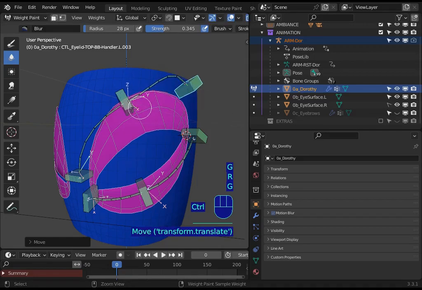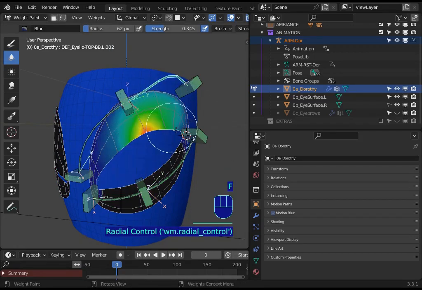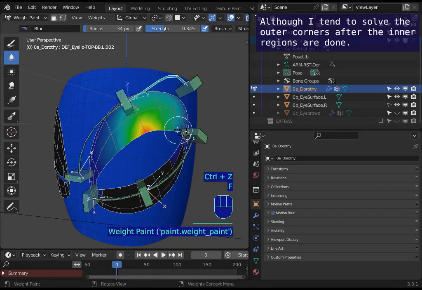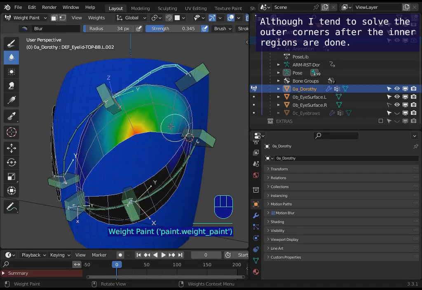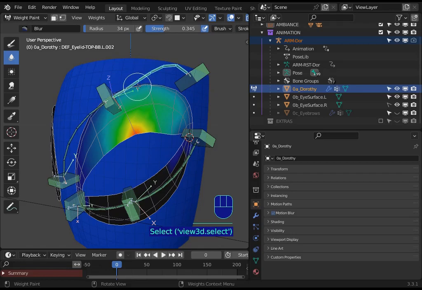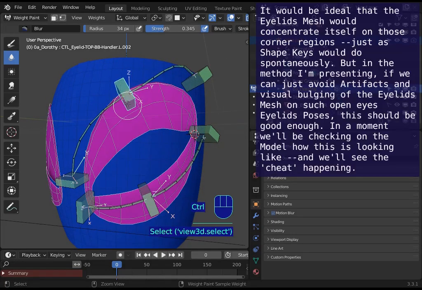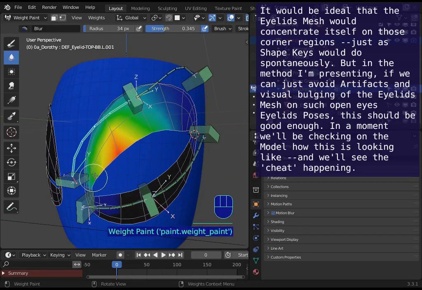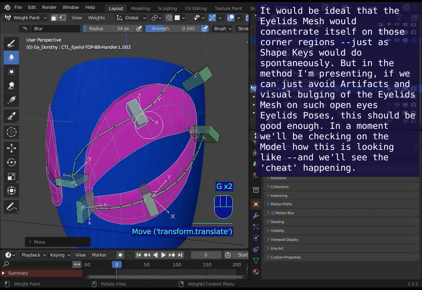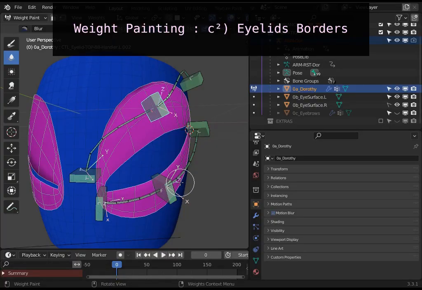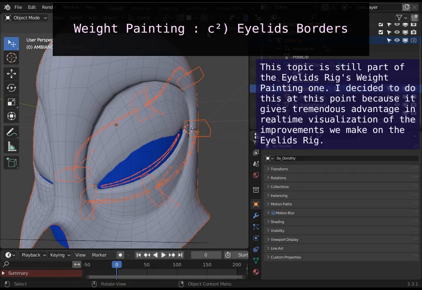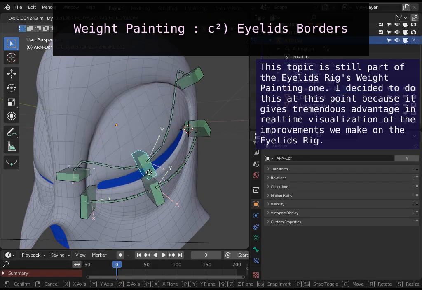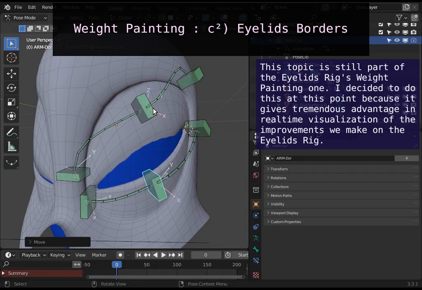So currently I know more or less how to solve the smoothness of the outer part fairly well. But then I'm often failing at the compression as the mesh goes towards. Of course here we're not seeing the whole model, so let me show you right after how it should be looking. In order to better visualize the eyelids posing, the eyelids rig, we should be doing some steps here